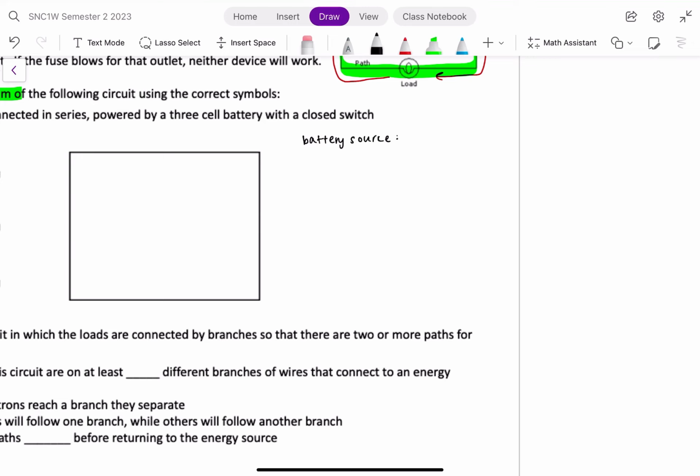The first one is a one-cell battery. We have a two-cell battery. And then three of these pairs of lines is a three-cell battery. Okay, and always remember to draw the negative and the positive end